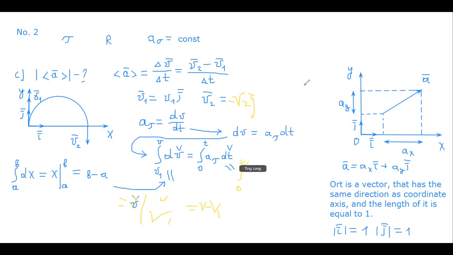So yes, it is from 0 to t. No, no. We have to